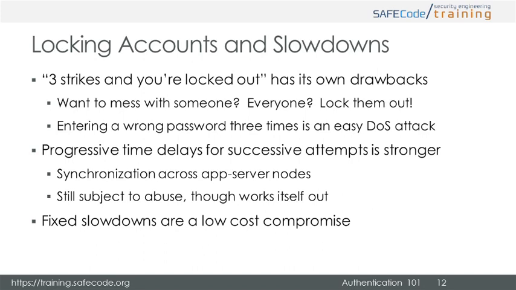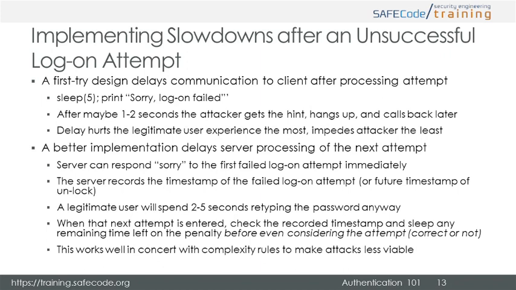It's also worth pointing out that this method is also subject to abuse should the delays be set without an upper bound. Attackers abusing geometrically increasing unbound delays can effectively lock many users out of their accounts for long periods. A good cost to performance compromise is to implement fixed slowdowns against failed logon attempts. While implementing fixed slowdowns for failed logon attempts can discourage brute force attacks, there are some pitfalls to avoid.